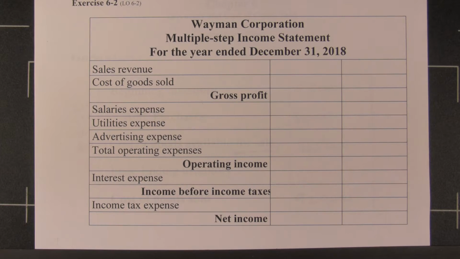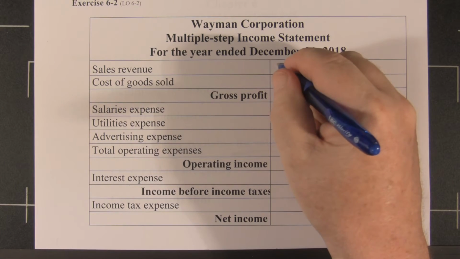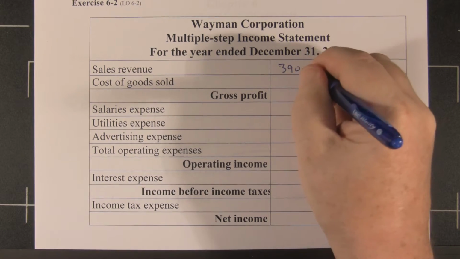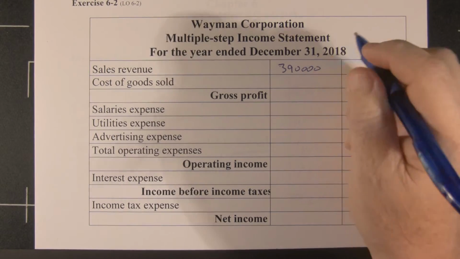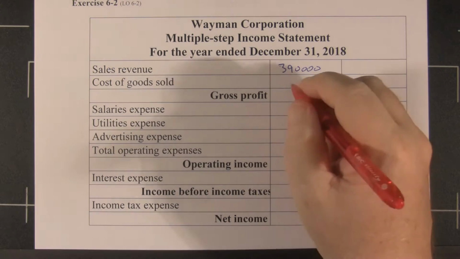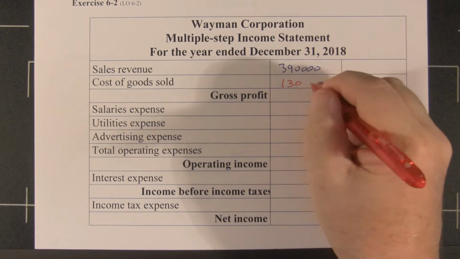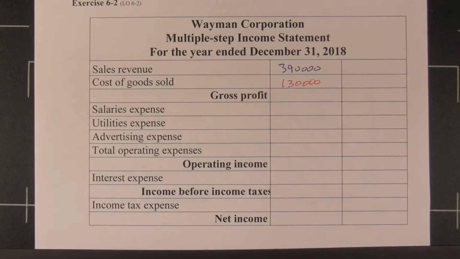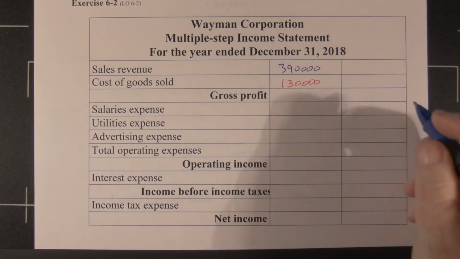This is a multi-step. For the sake of clarity, anytime we subtract a number, I'll use red ink. In the real world, you would not do that. So, they give us all the numbers. They tell us that the sales revenue was $390,000, excuse me. Our cost of goods sold is $130,000. That's a subtraction. So that leaves us a gross profit of